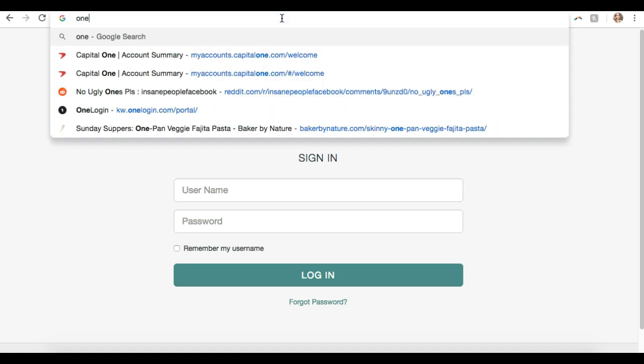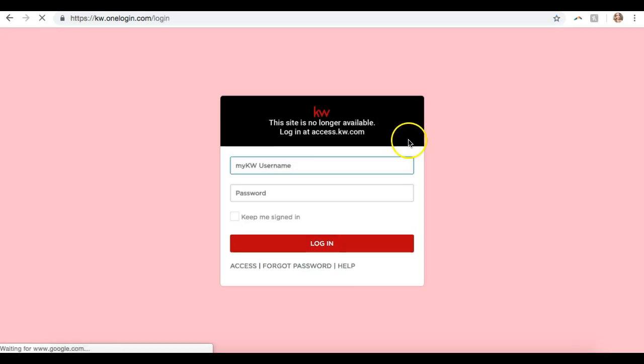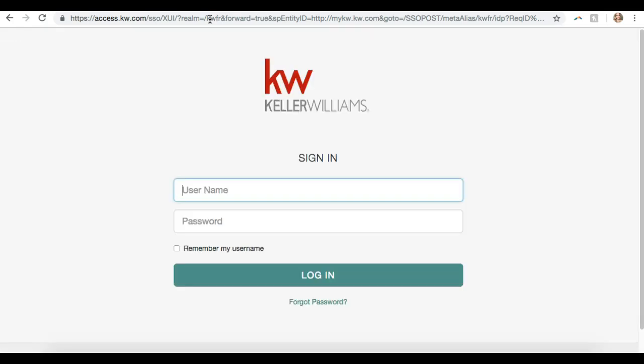And if you go there, you will see, I believe it gives us an error message that says, hey, don't use this page. Perfect. So yeah, it says, this site is no longer available. Log in at access.kw.com. So if you have your KW saved as like a bookmark or an icon on your desktop to access my KW, you may have to reset that, delete it,